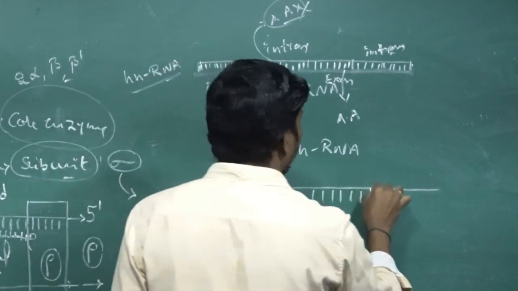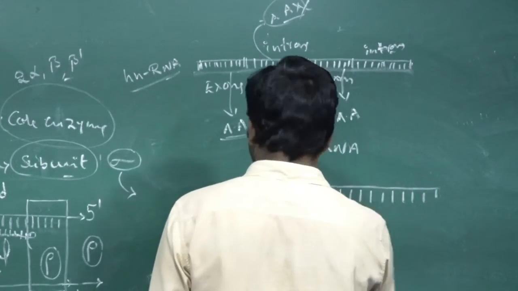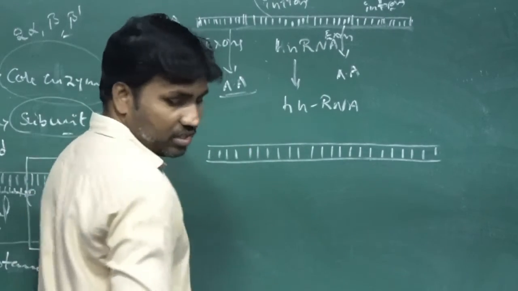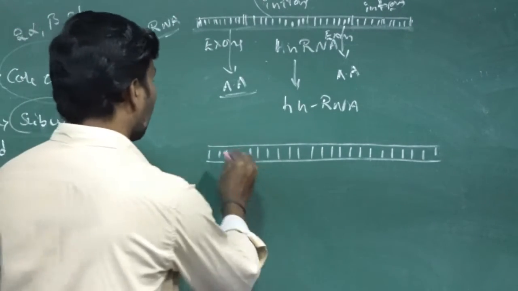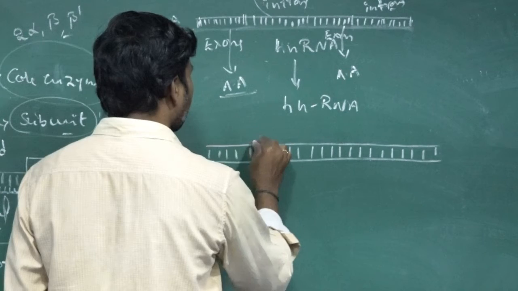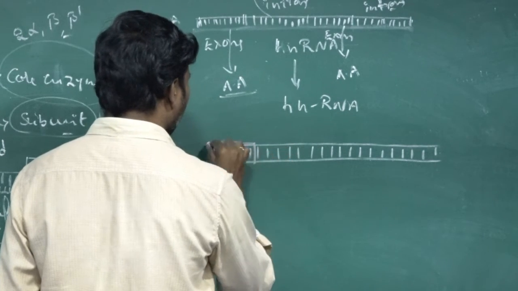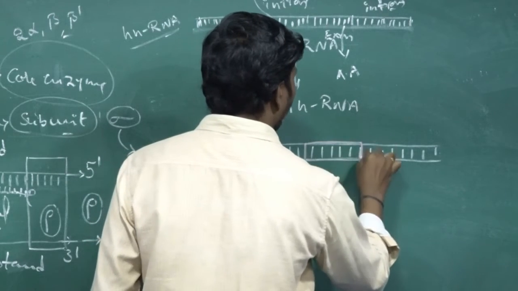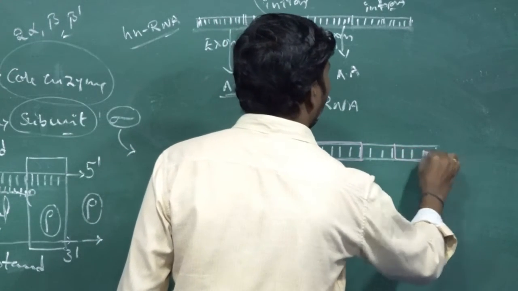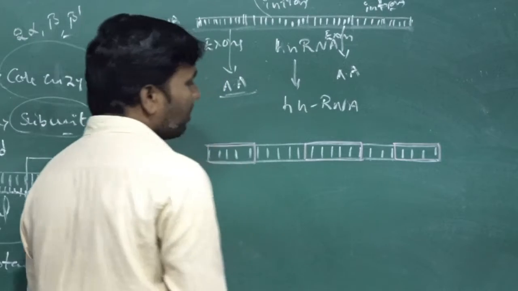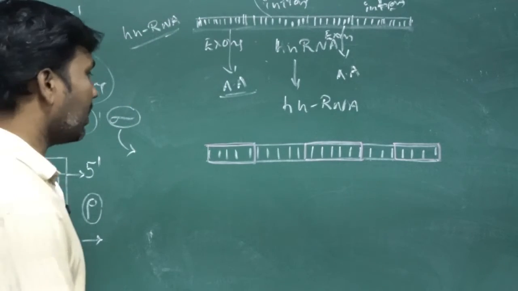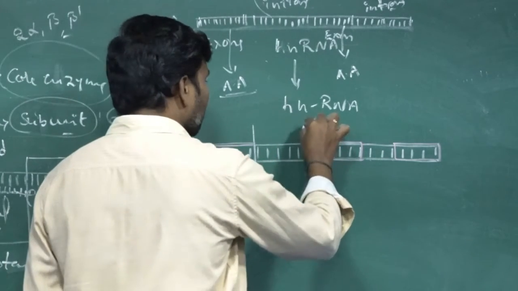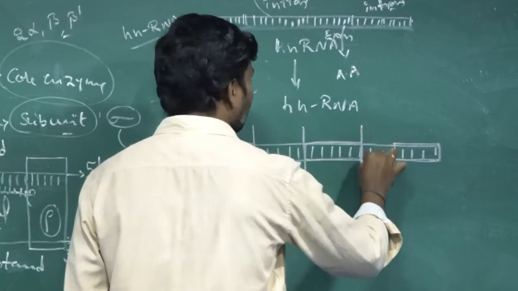The process is called splicing. So this is the process called splicing here. So for example, this is the region of exon. I am differentiating with colors. So this is the region of exon, and this is the region of exon, and this is the region of exon here. So wherever the exons are present, that particular region of the mRNA is retained, and the rest is spliced out.